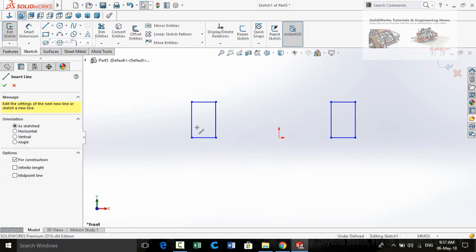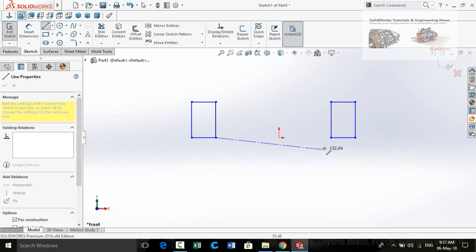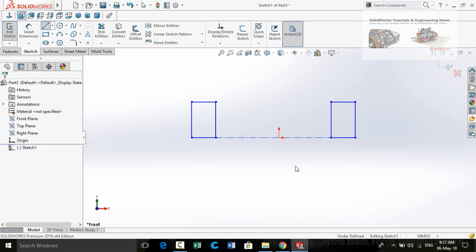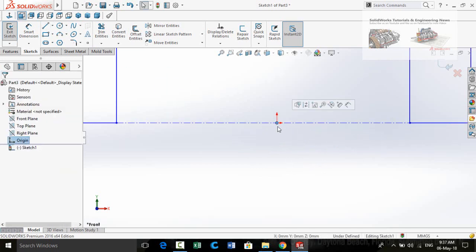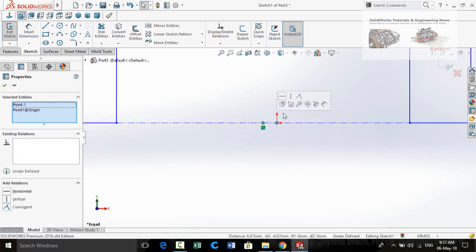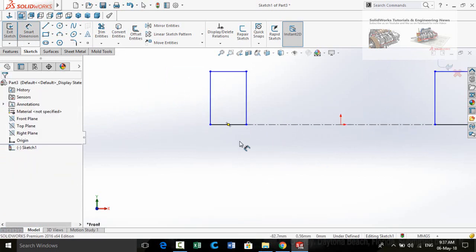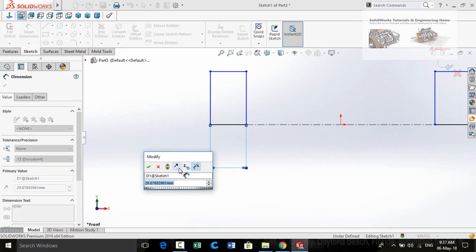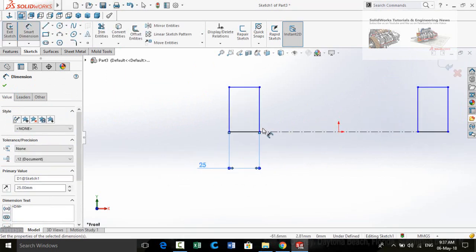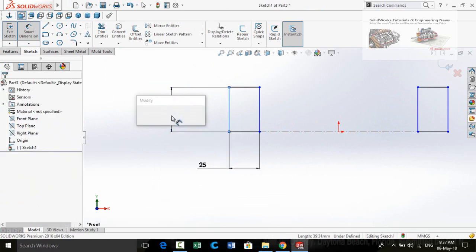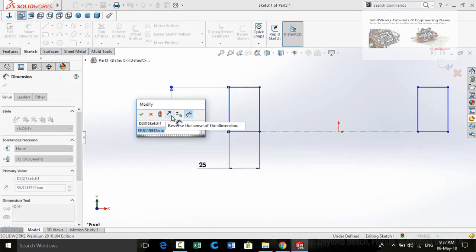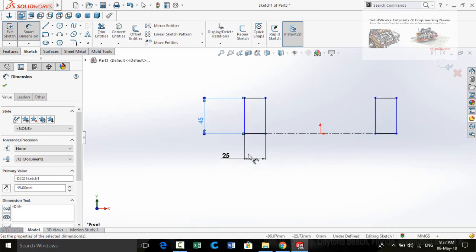Now draw a center line and start it from this point up to this point. Press escape button, then select origin and this midpoint. Make their relation coincident. Now define this distance is 25 millimeter and this distance is 45 millimeter.